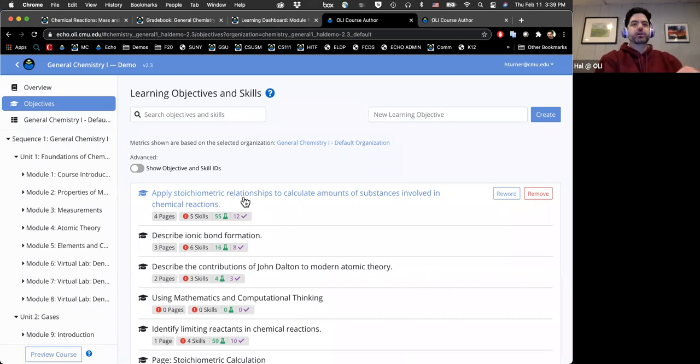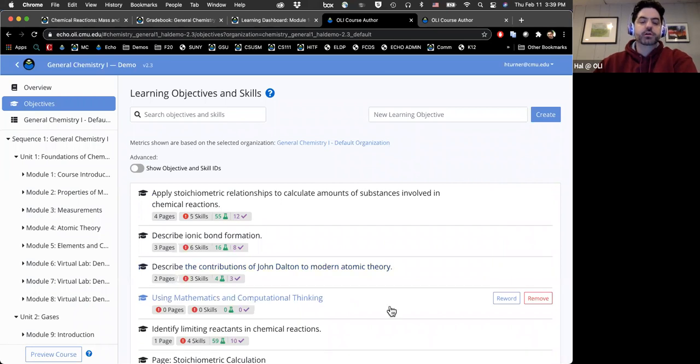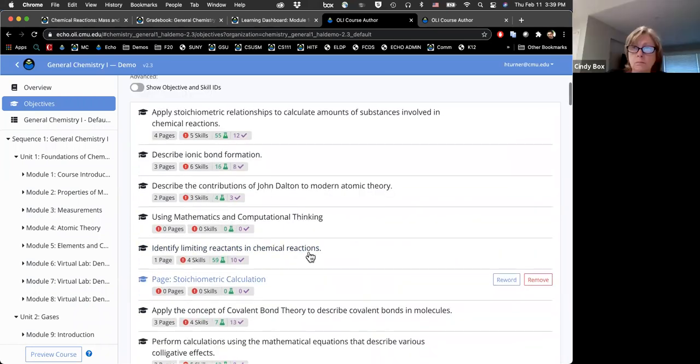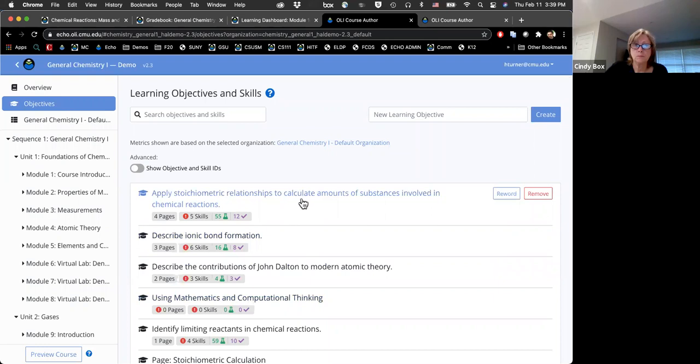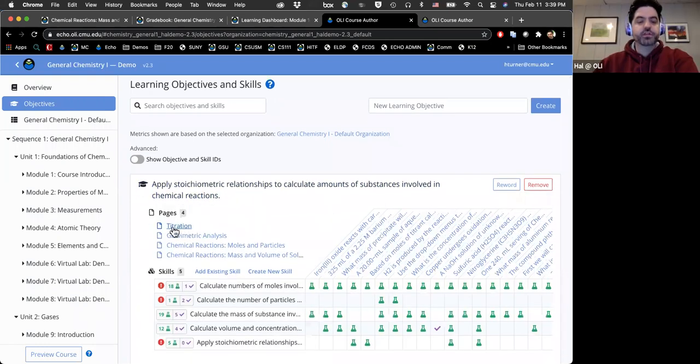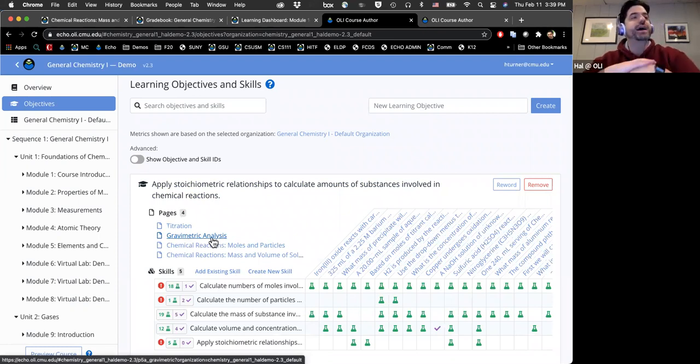So as I explained earlier, they tend to be active verbs, and they are student-centered and measurable. So apply, describe, identify, etc. And then inside of each of these, we have the skills. The skills are what you attach to your questions. So a question can be measuring one or more skills, but the benefit is that if you have multiple skills, or I'm sorry, multiple questions